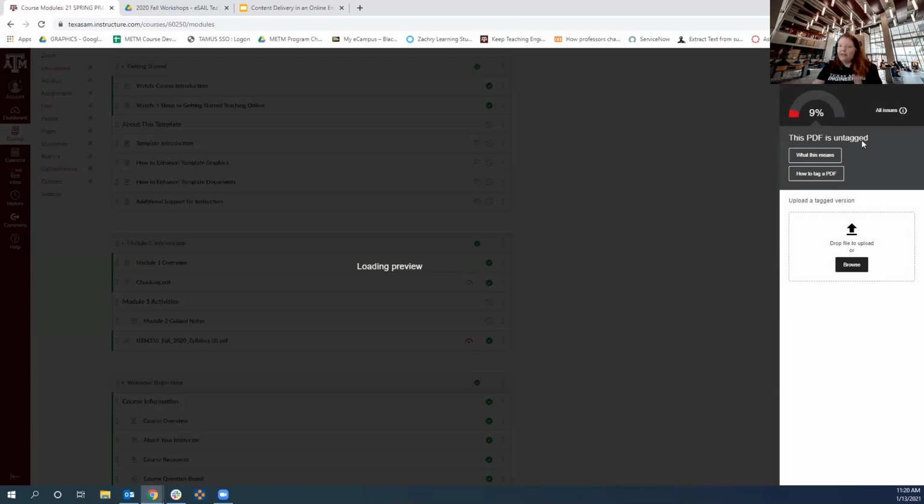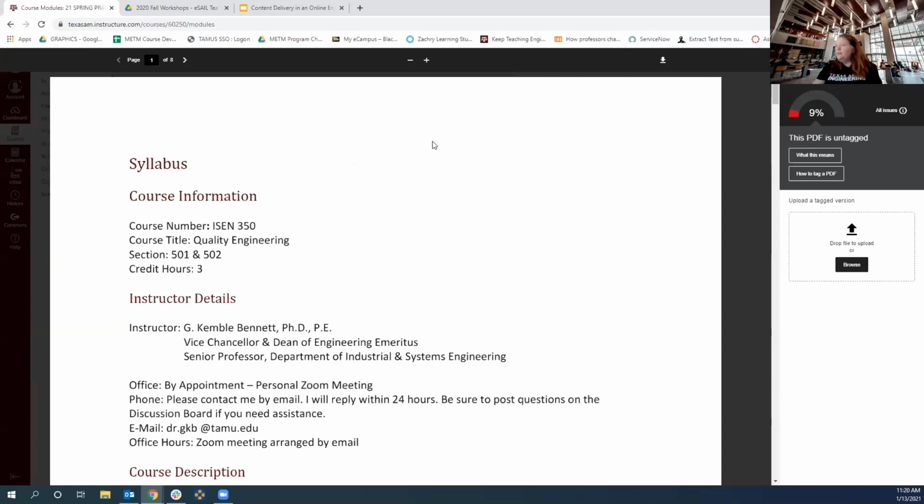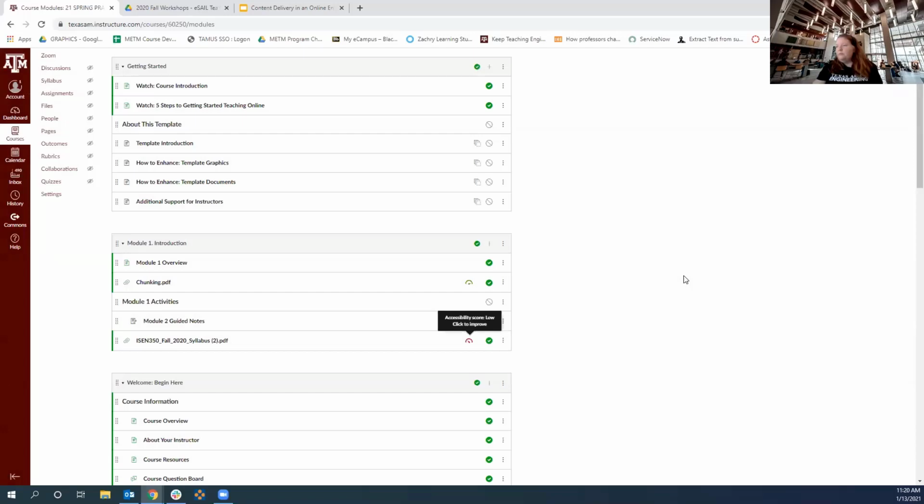Sandra's going to explain some of that to you in a minute, but it'll pop up and tell you what's wrong. It also gives you a chance, if you wanted to upload a new version, to do that from here too. So I'm going to X out of that on the right. So that's how you add a file to the module.